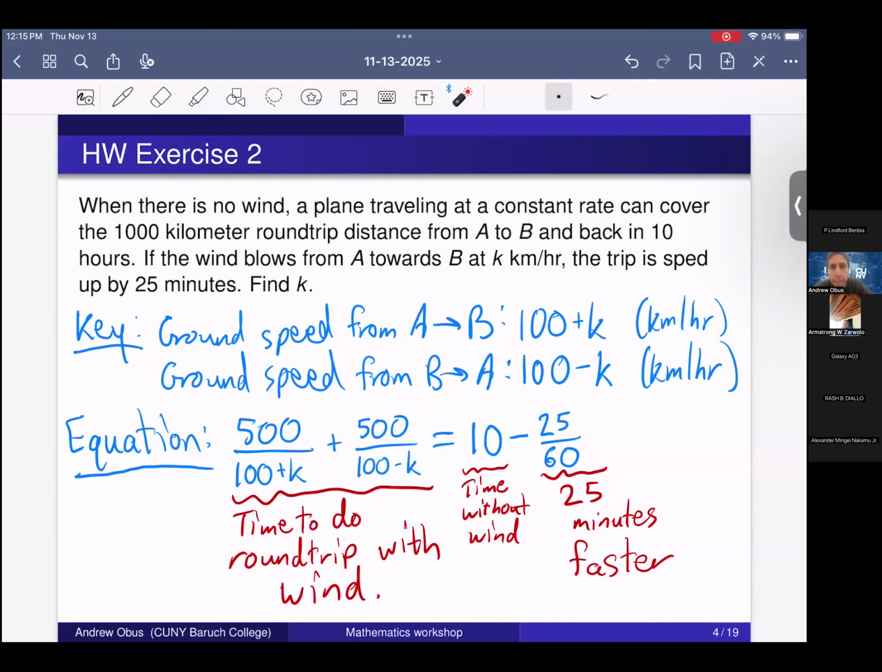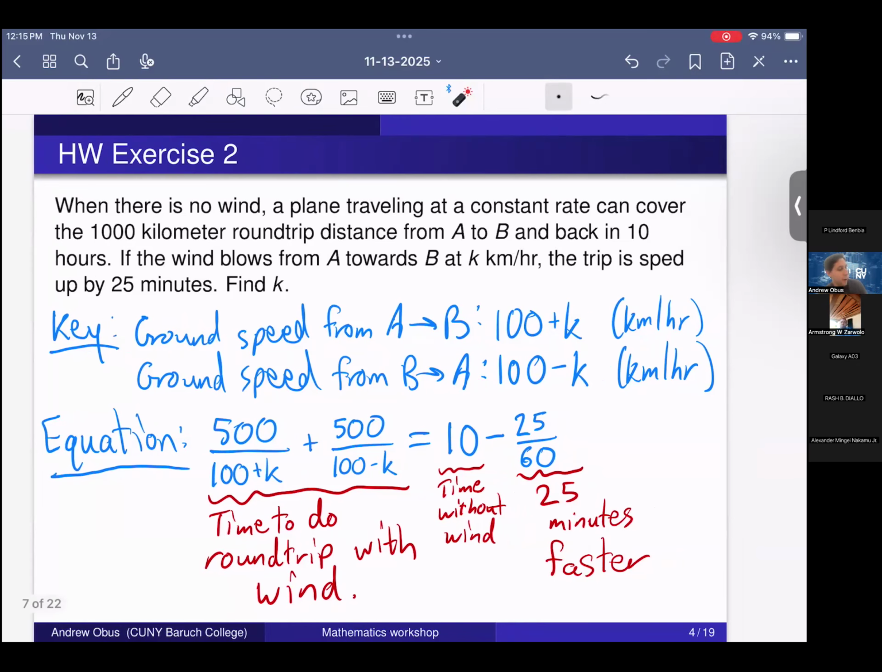I'm a little bit lost over the left side of the equation. The 500 over 100 plus k, and the other 500 over 100 minus k. I'm lost between them. I got the right side that you just did. Okay. How the